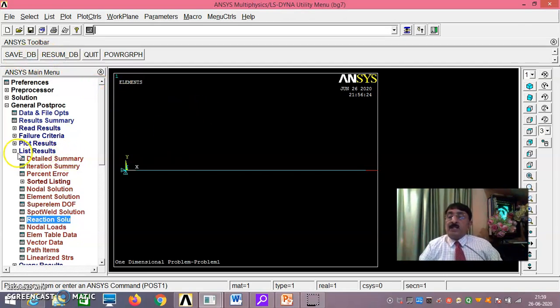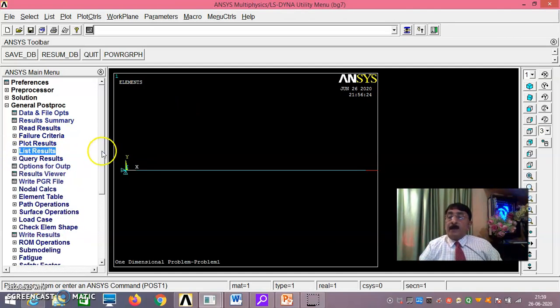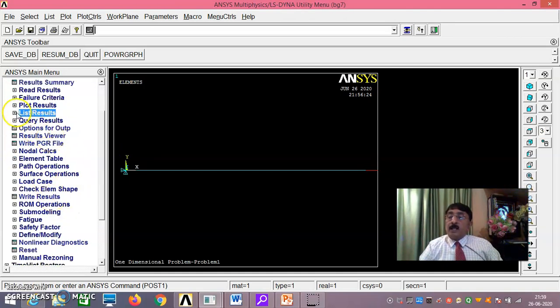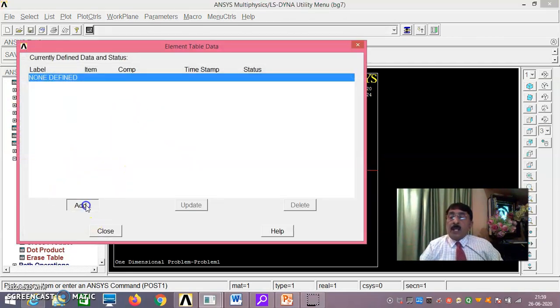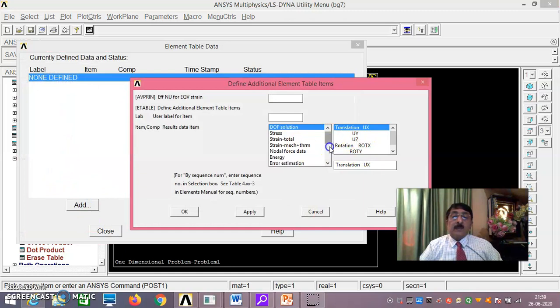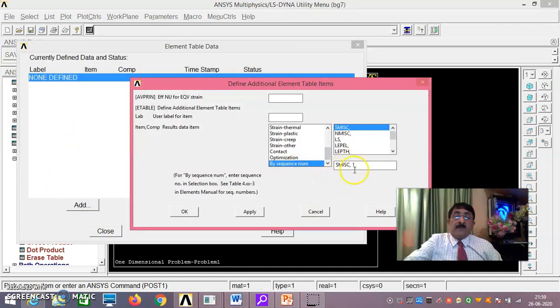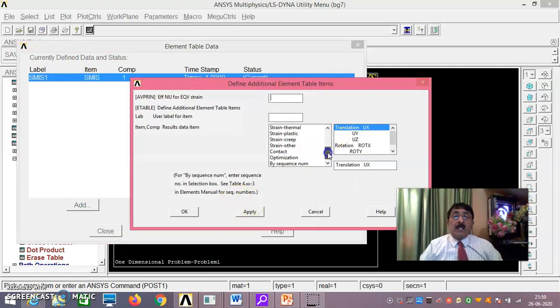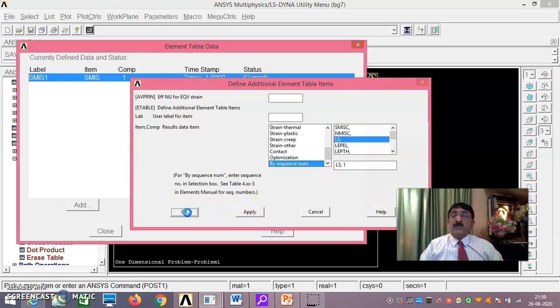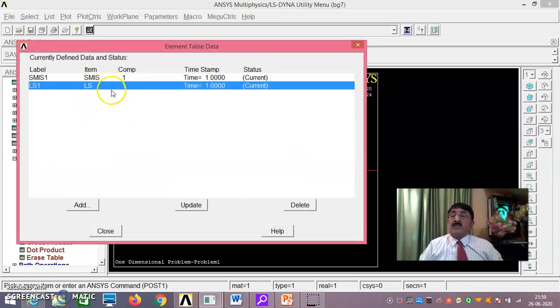Then after this, even element table data: element table, define table, add. By sequence number SMIC1, and then by sequence number LS1 also you take. LS1 is for axial stress, SMIC1 is for member forces.